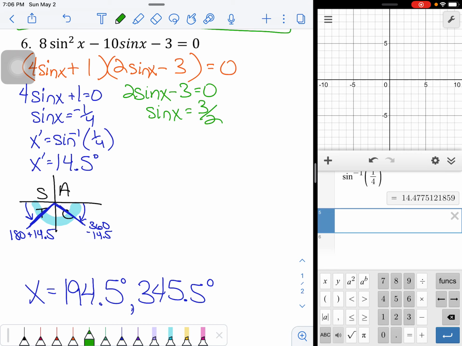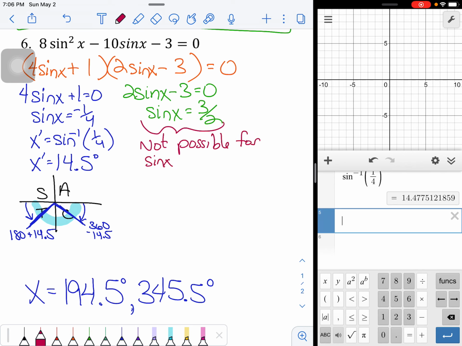And I'm actually going to stop here. I will show you in a second in your calculator what's going to happen. I know this can't give me any answers, okay? So what's going on here, and this is the reminder, okay? 3/2 is greater than 1. So I'm just going to make a little note here. This is not possible